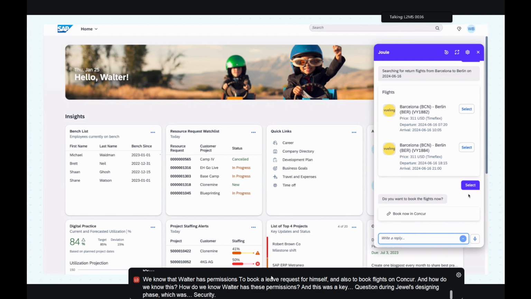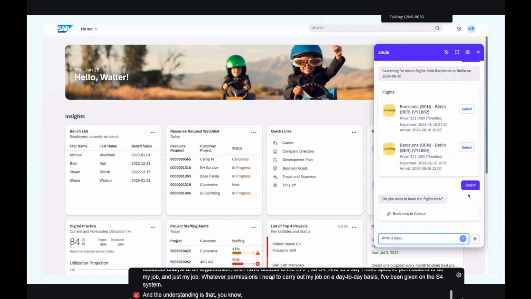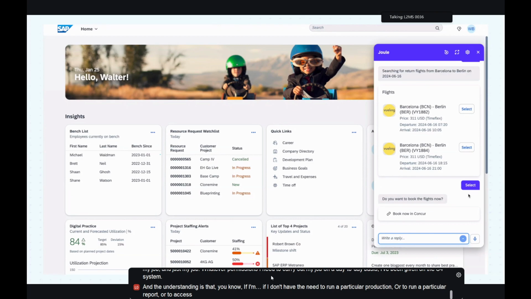security. There is this concept of an escalation of privilege attack, which is if I'm, let's say, a business analyst at an organization and I have access to the ERP, so S4, and let's say I have specific permissions to do my job and just my job. Whatever permissions I need to carry out my job on a day-to-day basis, I've been given on the S4 system. And the understanding is that, if I don't have the need to run a particular transaction or to run